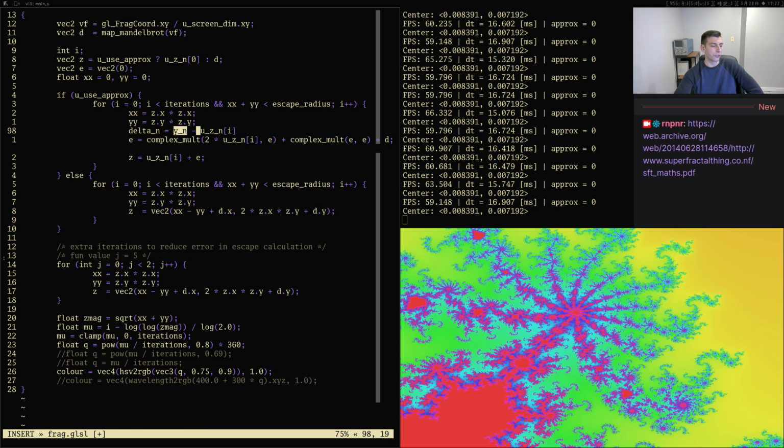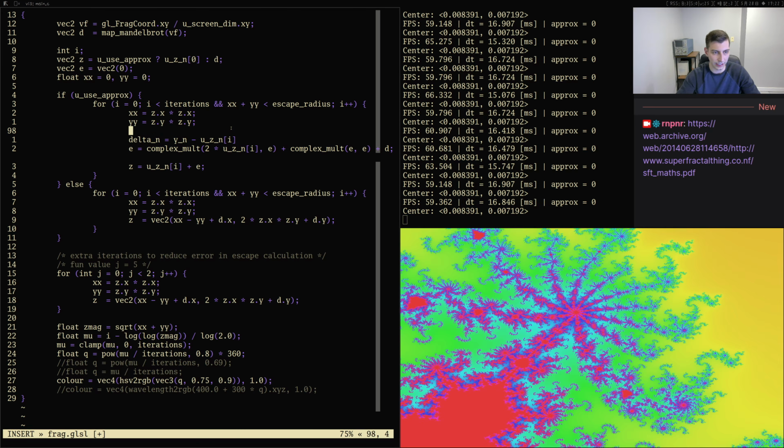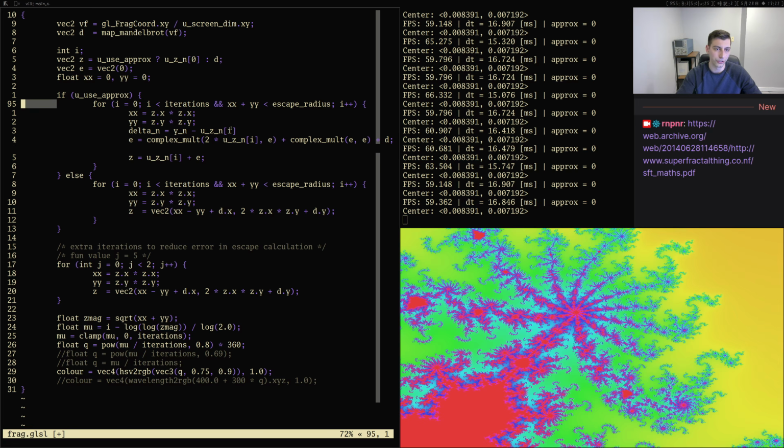So basically what we can do is say, okay, let's say that the first delta n, let's rename this because I don't like the epsilon name, it wasn't very clear, is just 0. And if that's the case, then we can use an equation for